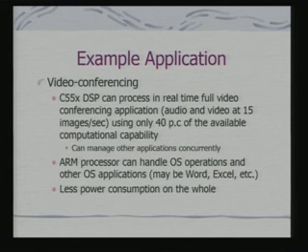Now, ARM can handle OS operations while video conferencing is on, as well as OS applications. If I am having Windows CE on it, it may support Word, Excel, etc. So, what a user can do is have a video conferencing as well as use OS applications simultaneously because of the availability of 2 processor cores on the SoC.